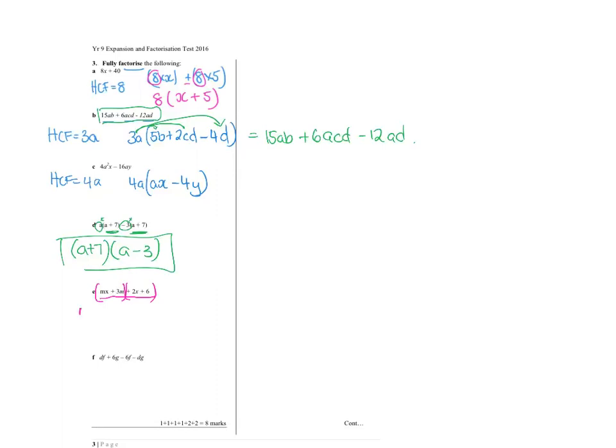So this first group has m as a common factor, and I'd be left with x plus 3, and this second group has 2 as a common factor. If I take the 2 out, I'd be left with x plus 3. Then it ends up like one of these. So we got a common binomial factor, which I'll take out the front, and I'll put whatever's left inside the other bracket. So then we've got another one here underneath,